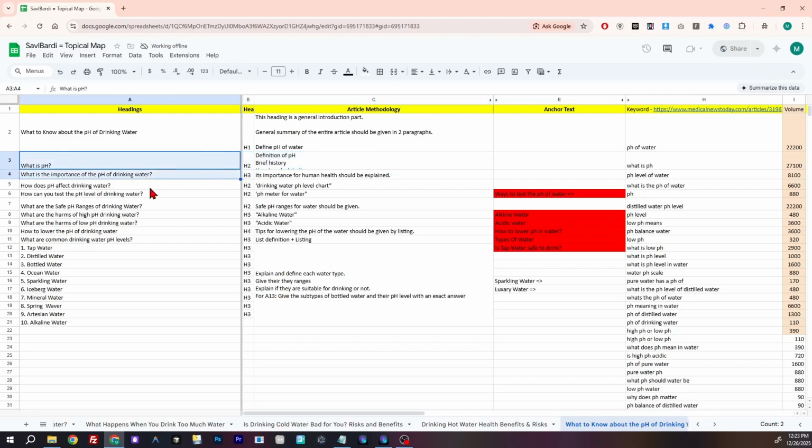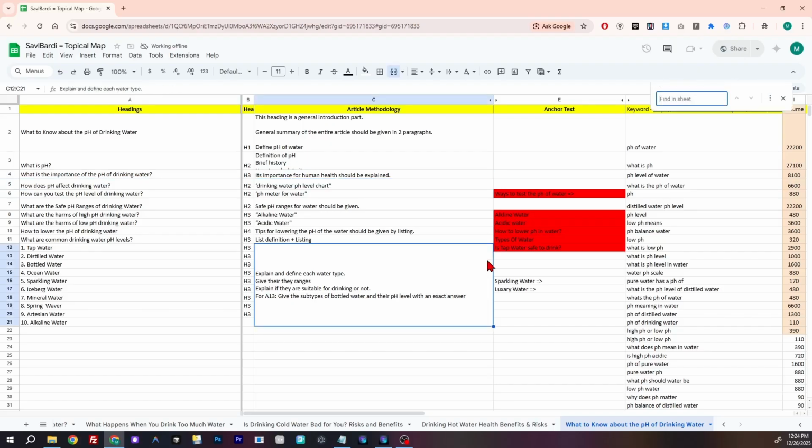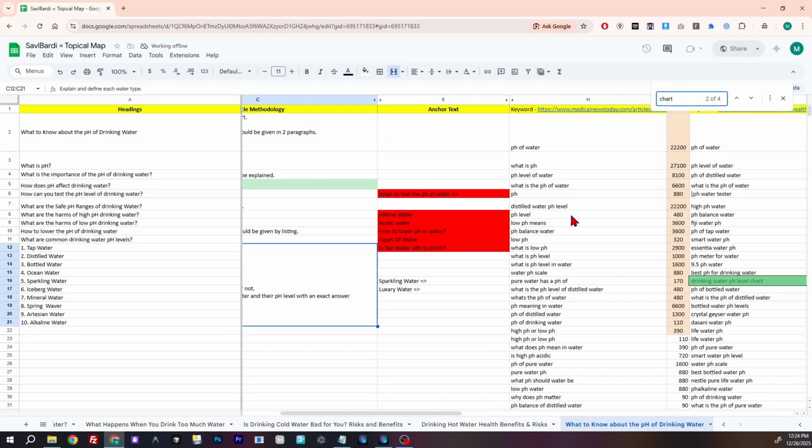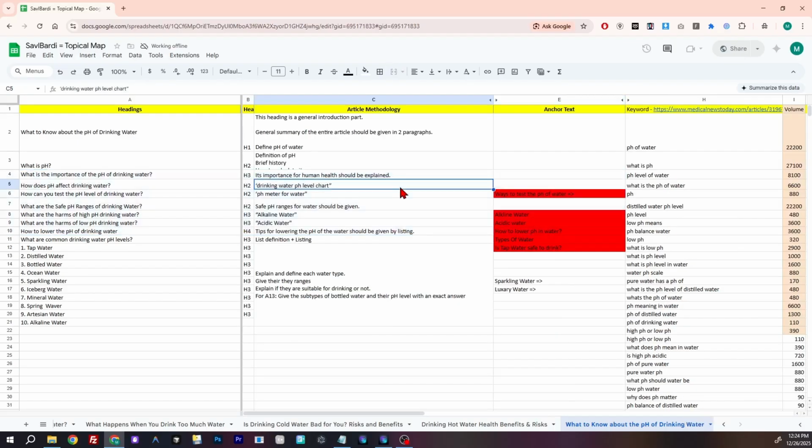After this, we go directly to the effect of drinking water. Here we use the triple: pH is the subject, drinking water is the object, and effect is the predicate. Then in this we directly ask for the pH level chart. If you search for the chart, it appears in the query network. So if you have the image annotation and you also include these specific phrases in the paragraph, that means you need to add unique images to be responsive.